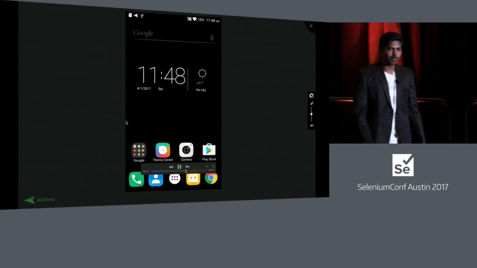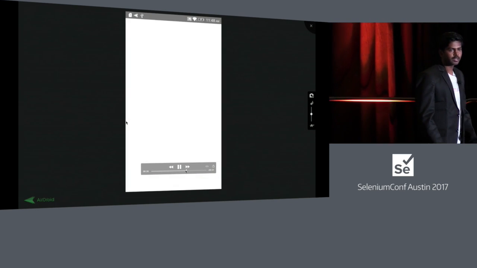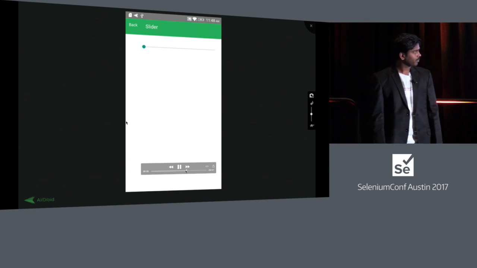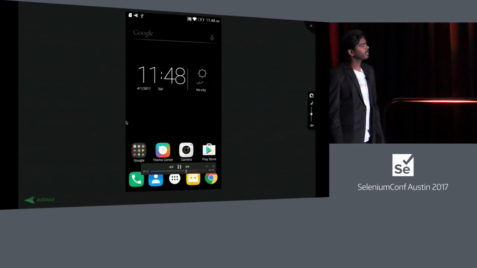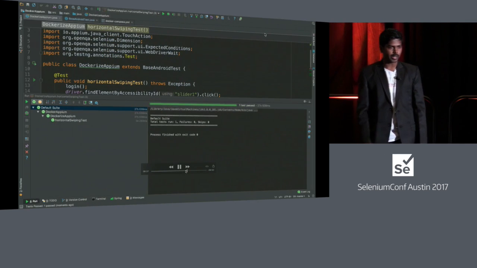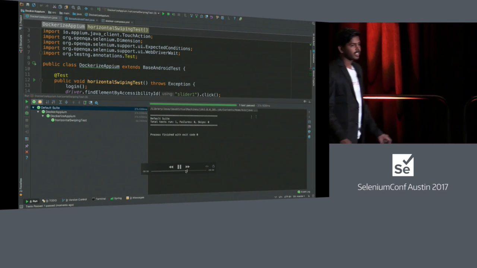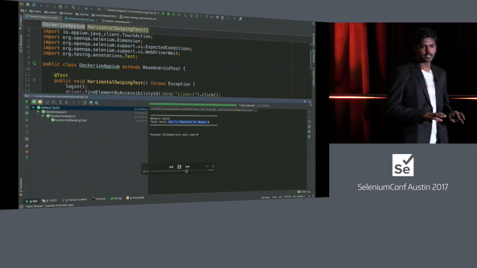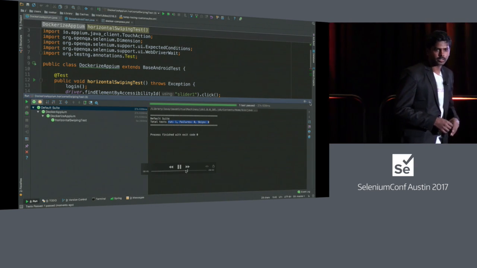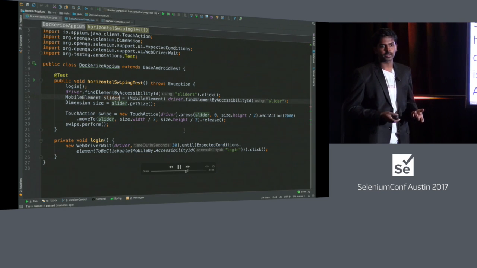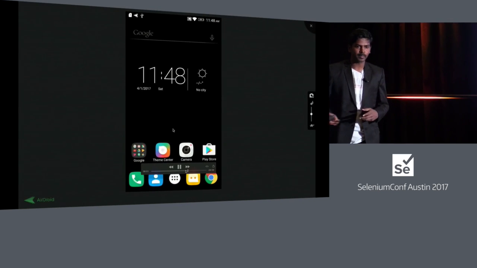So most probably identification, locator strategies, it doesn't expose properly. So you can see that slider, horizontal slider worked now, and my test got passed. It is the same way, there is no change in your test, it's just the IP address where your Appium server is running. Instead of localhost, you will give the IP address of the Docker container, and the port can be same, 4723. If you map it to 4723, it is same.